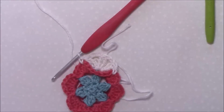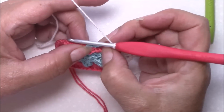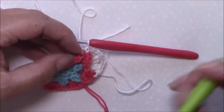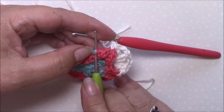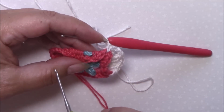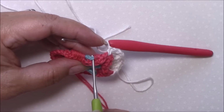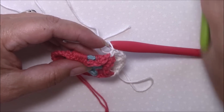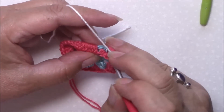Okay, let me just grab some more yarn. Let me show you once more. Okay, so bend forward so that you can see that stitch, and remember that's the top loop of the stitch. Okay, that's your chain space. If you're left-handed, it's just purely mirrored, so right-handed, you're there. If you're left-handed, again, it's the loops before the stitch, not the chain afterwards. Okay, and then we're going to 2 treble cluster,